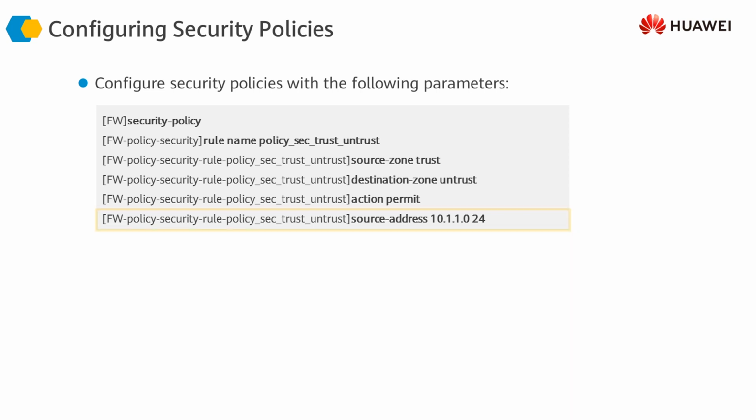We want to allow the traffic that meets the source address condition of 10.1.1.0 with a subnet mask of 24, which means that any traffic coming from our intranet is allowed to pass from trust to untrust zone following this security policy. This is basic firewall configuration, assigning interfaces to different security zones and then configuring security policies to allow the traffic.